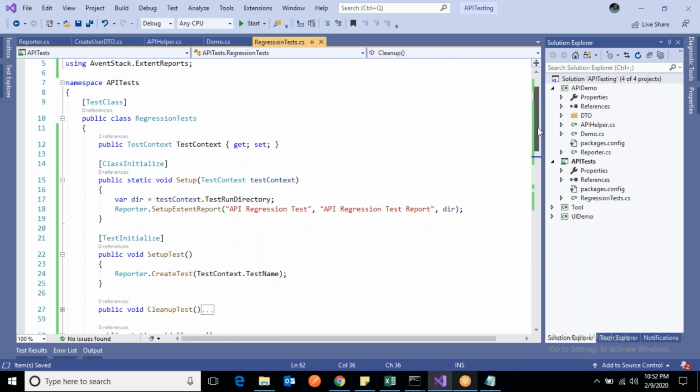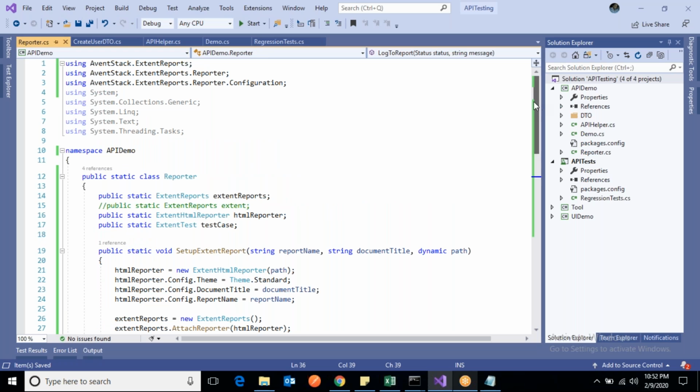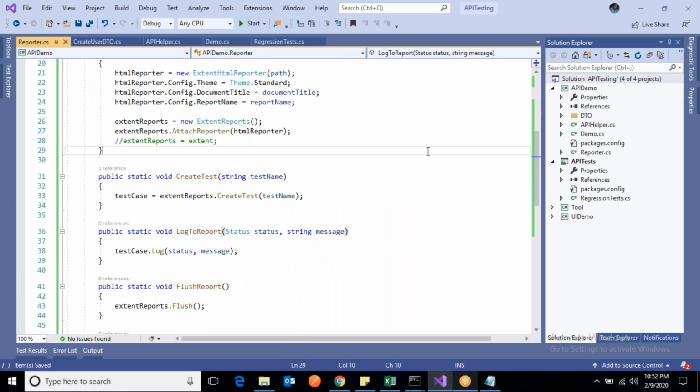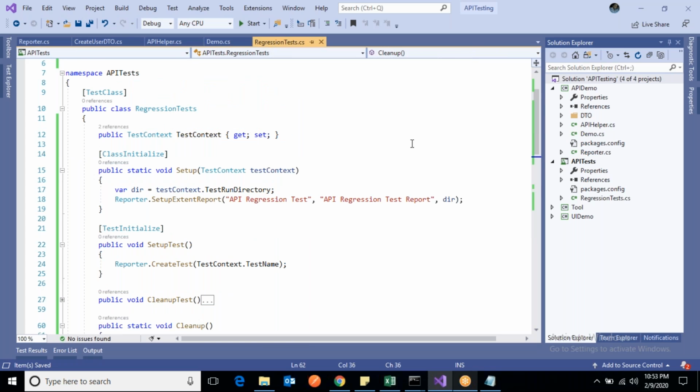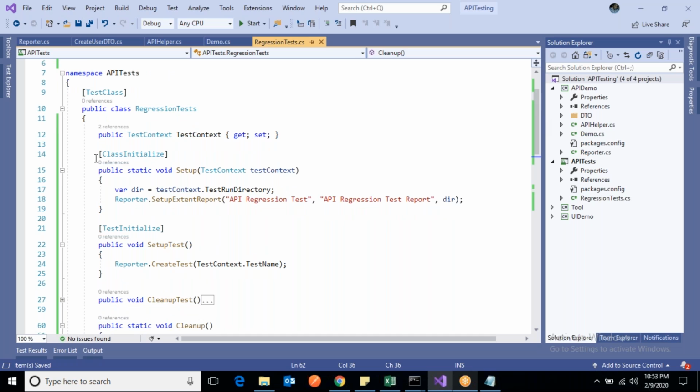So now we see we created a reporter class which has all the methods about setting up the report and various things related to the report, what we need in the report. Okay, now just like in Java we have TestNG, so there is before class, after class, before test, after test. Similar is class initialize, and